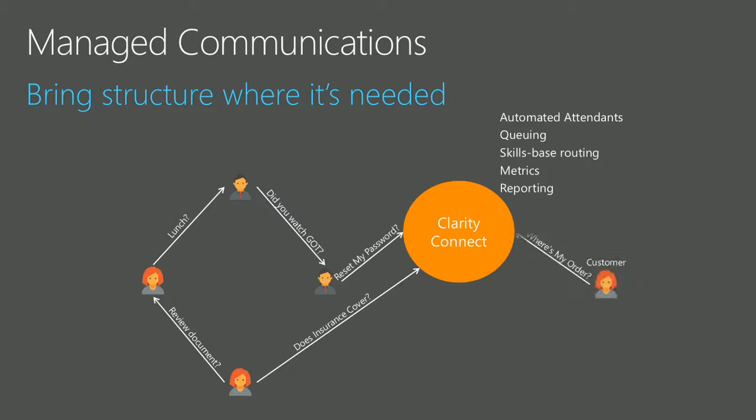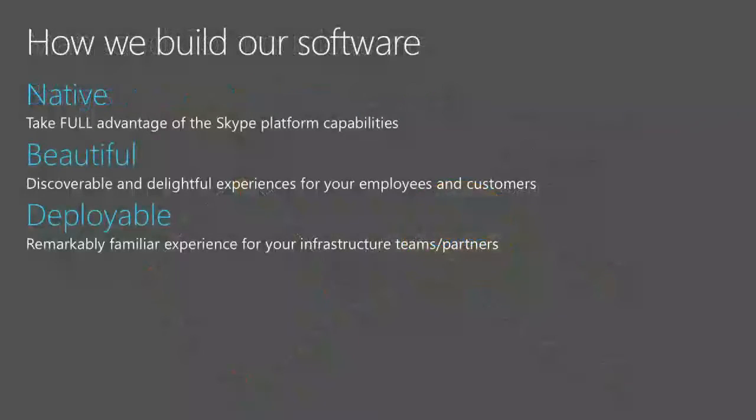Now, how do we build the software? There are some important concepts that we apply every time we are working on the software and adding new features and capabilities to it. And there's really three things that drive everything we do with our products. The first is we build them natively from day one, from the ground up. So we are built natively on top of the APIs that Microsoft provides, the Skype for Web APIs,